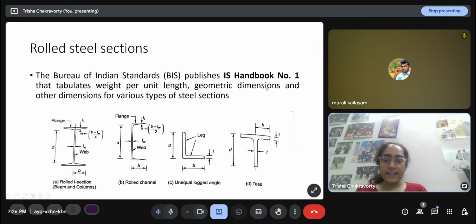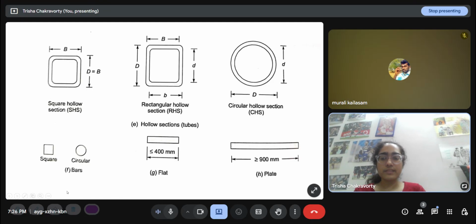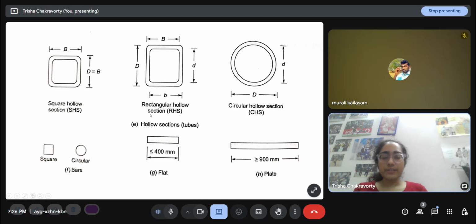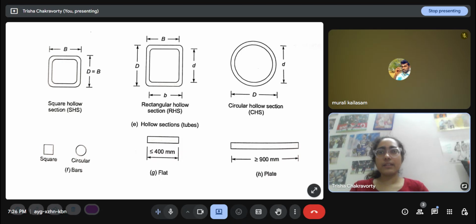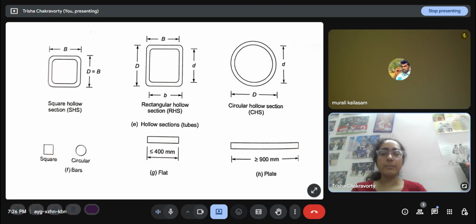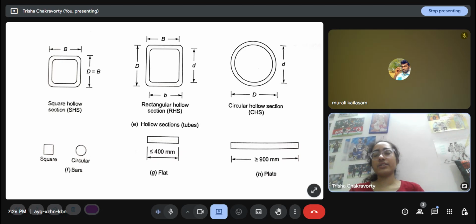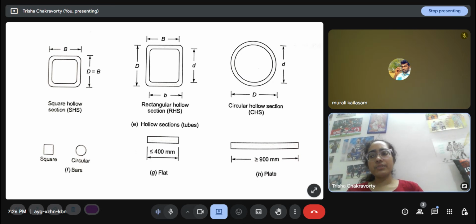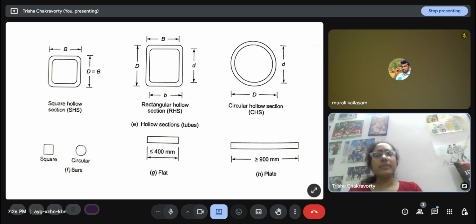So I section, channel section, angle section, T section, box sections, like these hollow ones, these solid ones, all of these are mentioned. And from here, by now you would have seen where exactly we need these properties. They're very important, like for compression members we need the slenderness ratio. For beams, for the laterally restrained and unrestrained ones, we need the moment of inertia shifted by A into Cxx square. So we need all these properties.